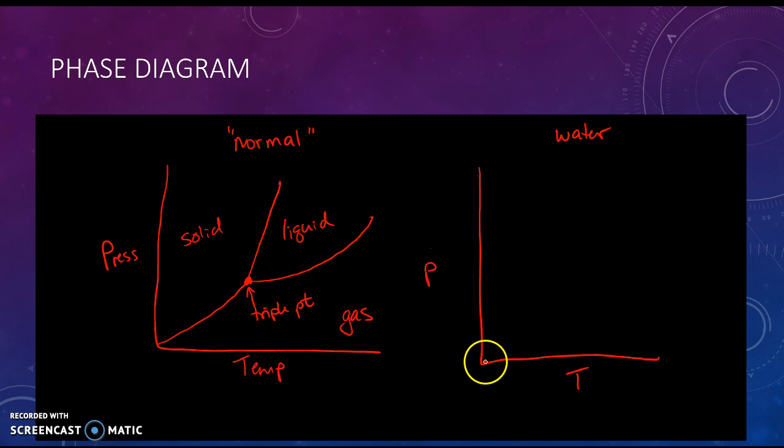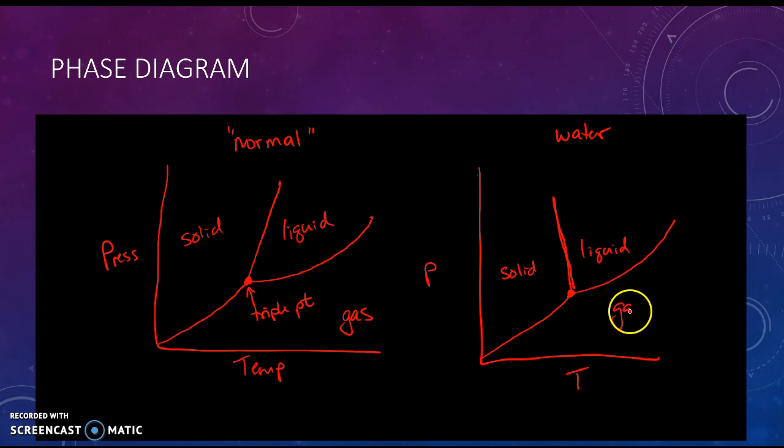Because water will have a phase diagram that goes up like this. You have a triple point, once again, but then the line between solid and liquid has a negative slope. Let's see why that is significant. When water does this, I think there might be some other substances that do it as well. But when you have this negative slope line between a solid and a liquid, what that means is that the solid is actually less dense than the liquid. Because as you're increasing pressure,